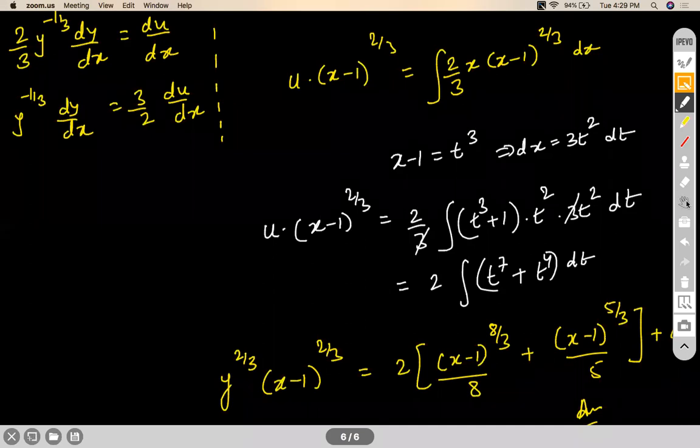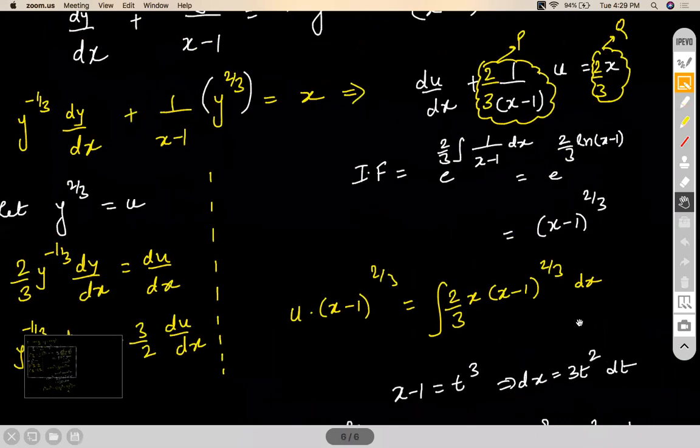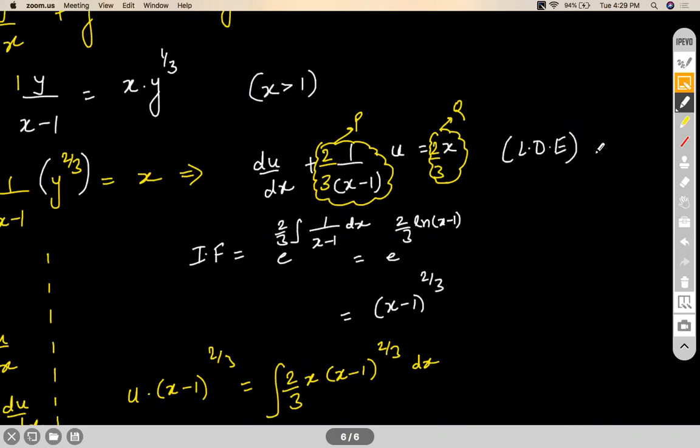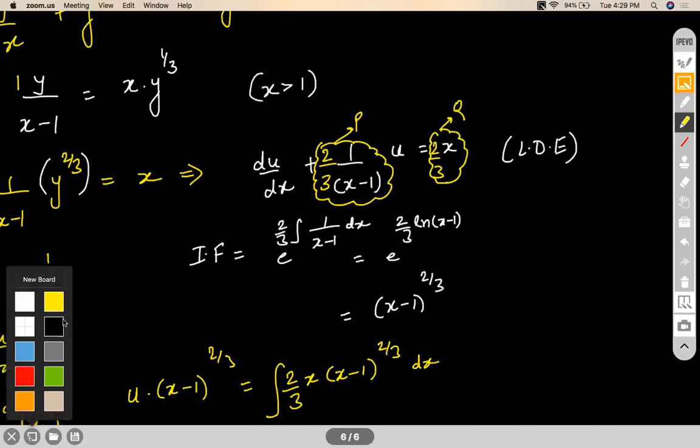Hope you all have copied this. No need to copy everything. The moment you reach a linear differential equation, the moment you reach this step, you know what to do next. You know how to handle this on your own. So don't rely on too much of copying, as if the same question is going to come for your JEE exam. It is not going to happen. It is just for your understanding of the concept.